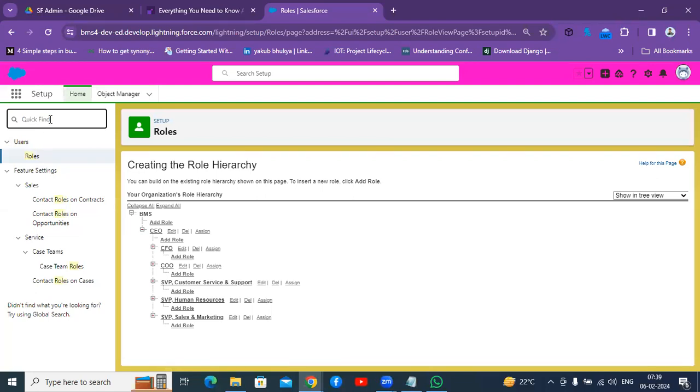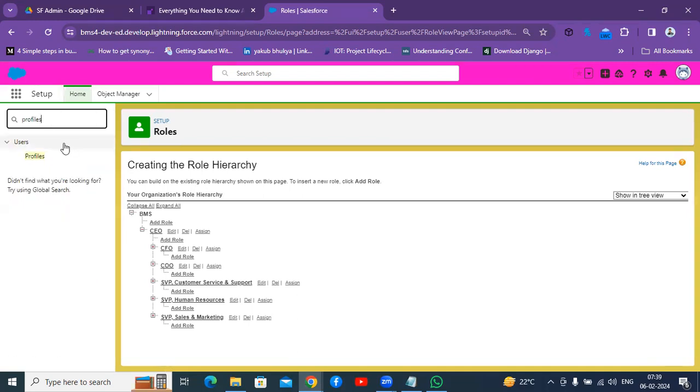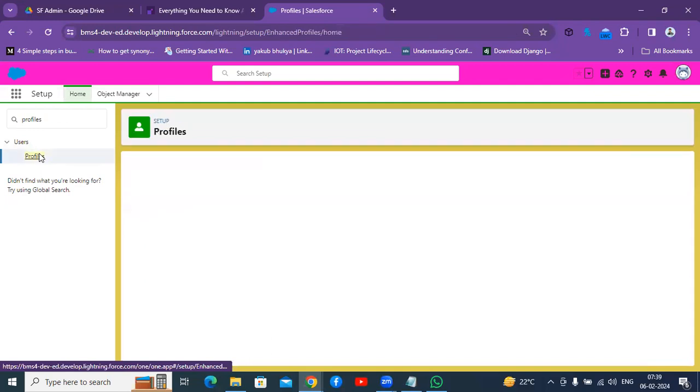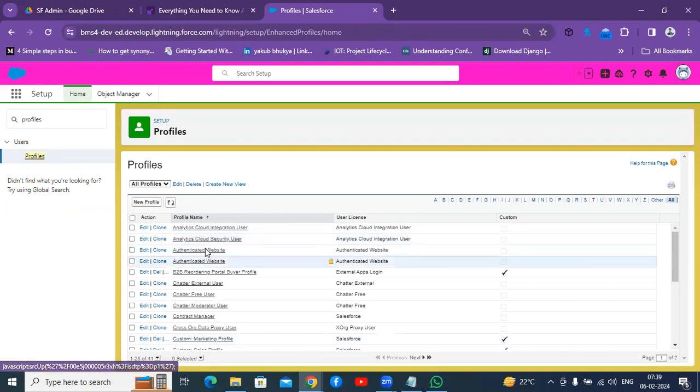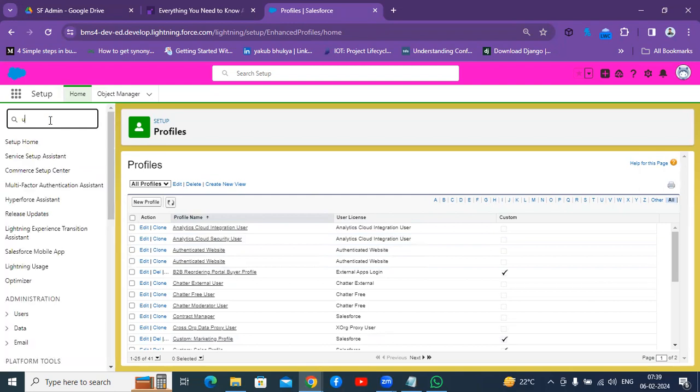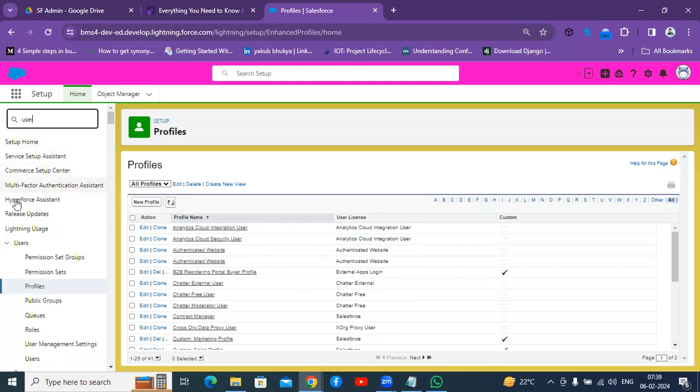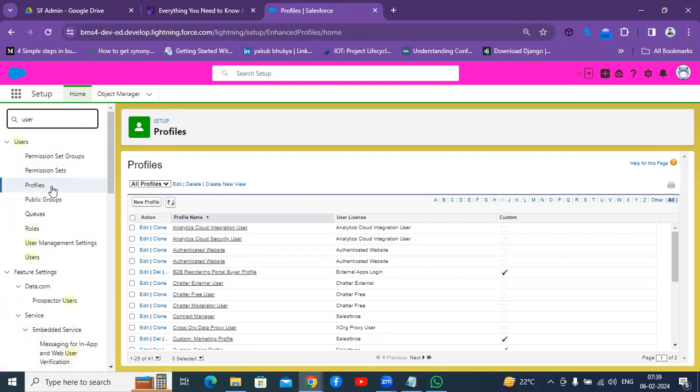Coming to the user level, if you want to set up a role and role hierarchy for the users, you can go to users. Let's suppose you want to add some user to a specific role; you can go to the user and set it up from there.